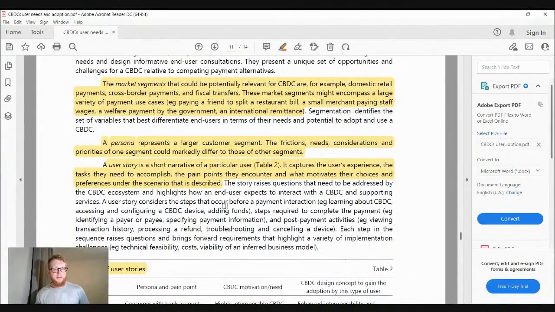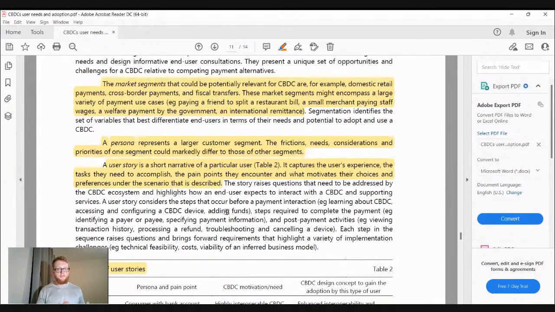I think that may be a topic of a future video whenever I go over that source as well, right? And so basically how they do this is they're breaking it up into different market segments. And so the different segments themselves that could be potentially relevant for CBDCs are, for example, domestic retail payments, cross-border payments, and fiscal transfers. So basically they're kind of taking the market in general and breaking it up into different use